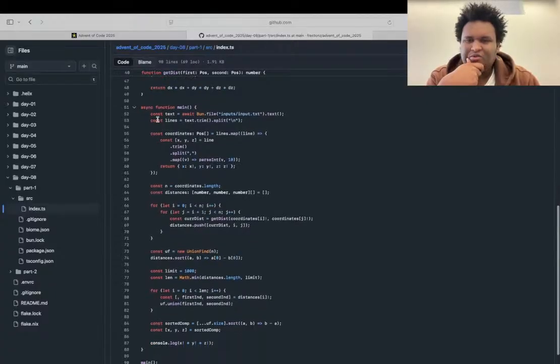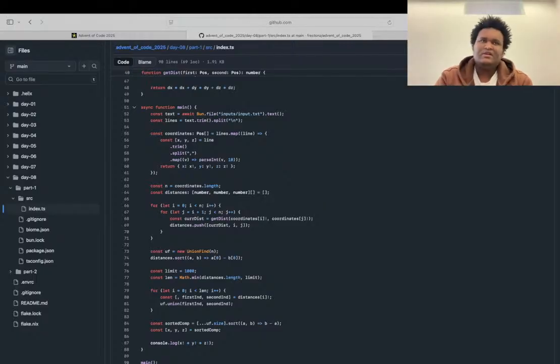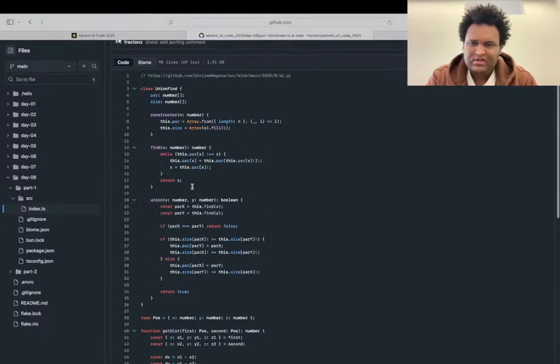And then how it works is it has this union find thing, but the first thing you need to do is find the distance between each coordinate and put them in a sorted list. So that's what this is doing. So it's not like, so A to B, the distance between A to B is equal to the distance between B to A. So it does that check. So you create that distances list, and then you use this union find data structure, and it has this union